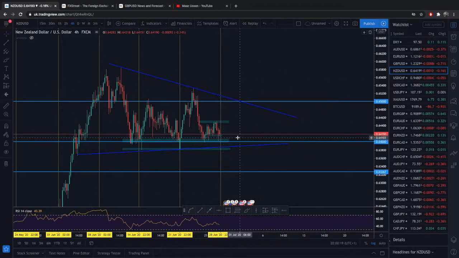So we've got this key level. What I'm expecting here, and we need to wait, is that I think I've got some good buy setups here. I'll probably say we need to wait towards the 0.64 level, with a 20 pip buffer towards this area, and obviously try to look for the buy setups up there.